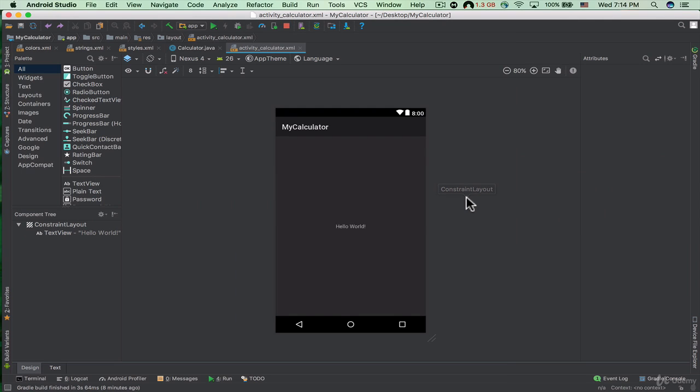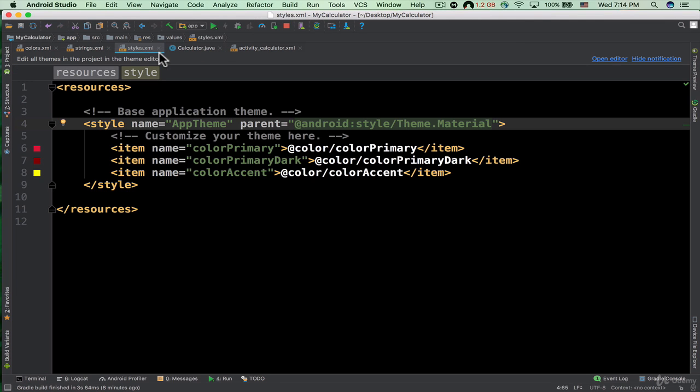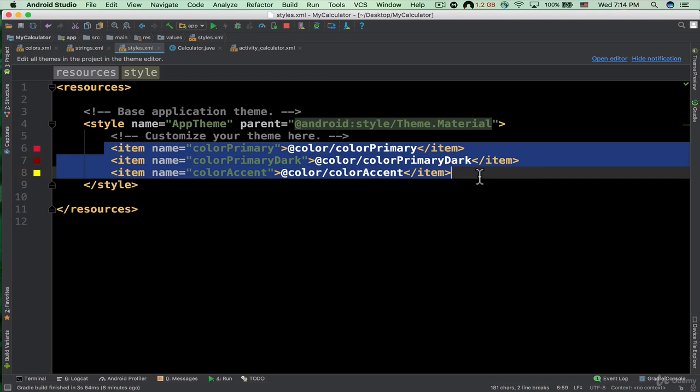This means that here inside this styles.xml file, let's click on it. Here, as you can see, we are actually using these colors. For example, the color primary dark, and the color accent inside this style tag, right? The name is app theme. And we chose theme.material, but these colors are not actually used inside our layout. For example, the color primary dark is used for the status bar and the color primary is used for the toolbar. So how can we actually solve this